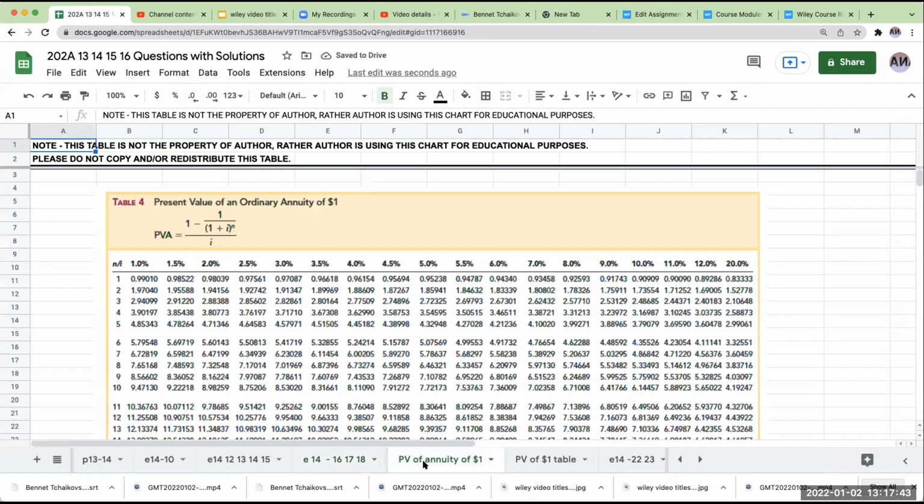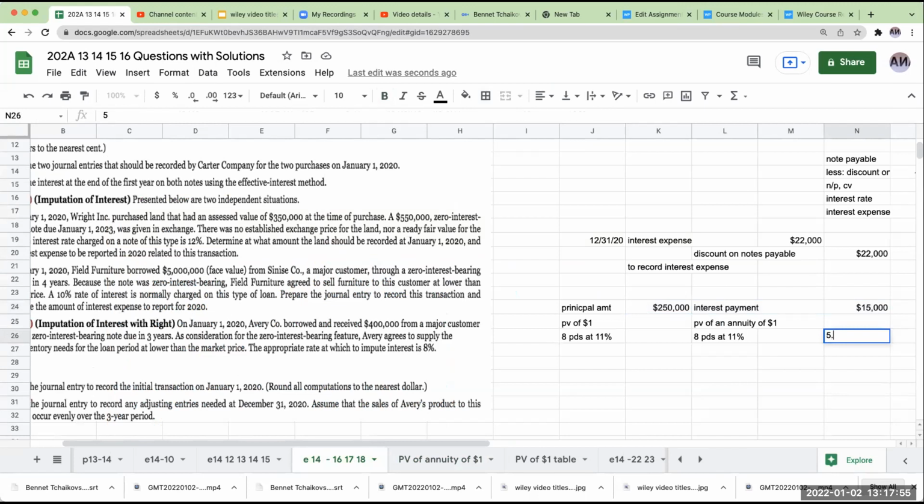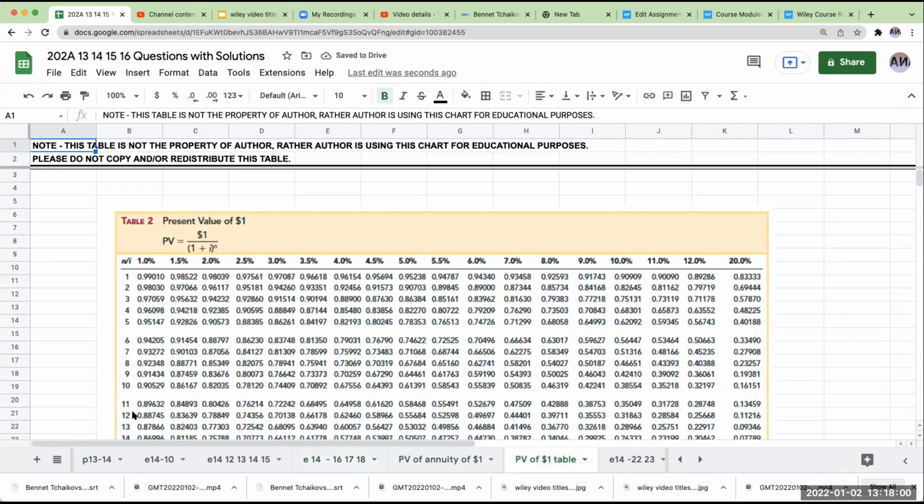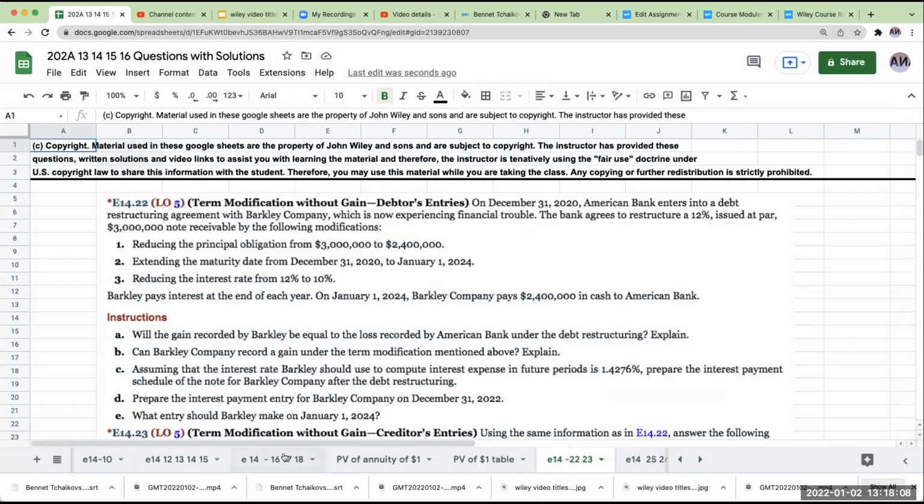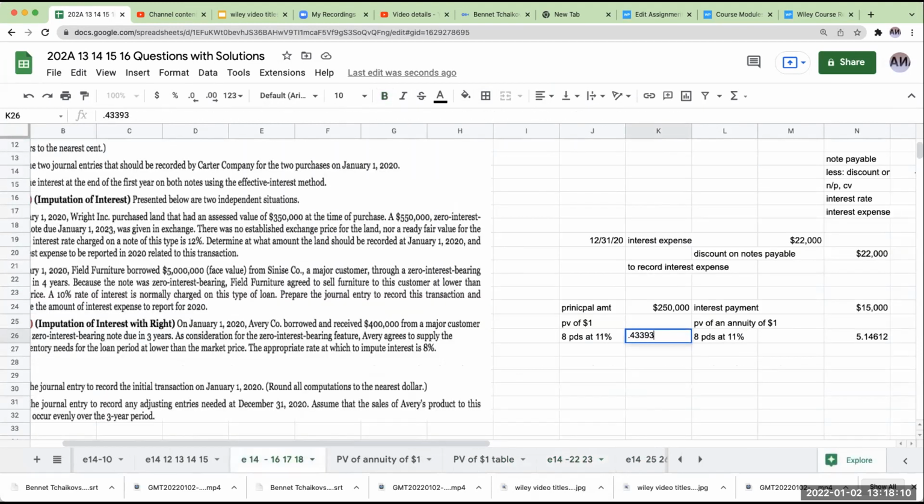So now we come over here, present value of an annuity of $1, 8 periods at 11% is going to be 5.14612. And then over here, present value of $1, 8 periods at 11% is 0.43393. Okay, so when I multiply this through, I get basically over here. So the total amount